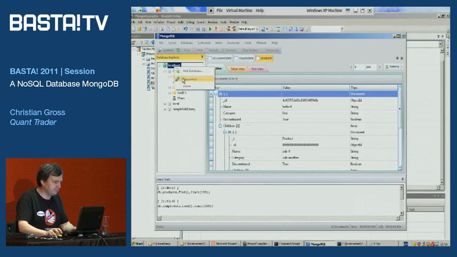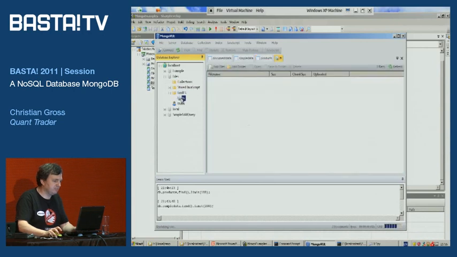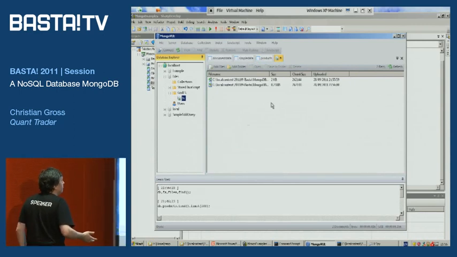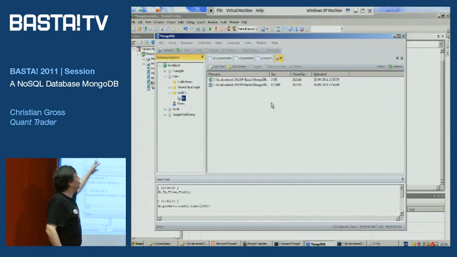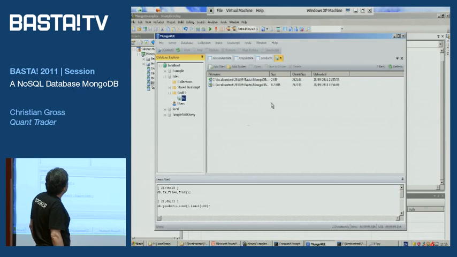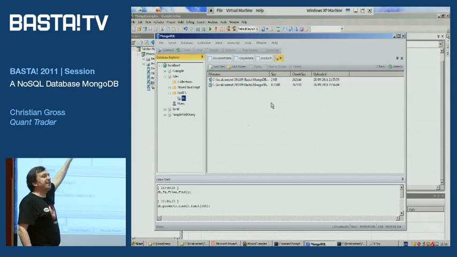Let's disconnect, connect, and there you go. This time, we are not going to have anything in the collections, but we will. There. I stored files onto the Mongo database. And you go, oh, wow, cool. C, local content, blah, blah, blah. Well, no, MongoDB doesn't say C, local content, BASTA, Mongo, so-and-so. That actually I did. That's a key.